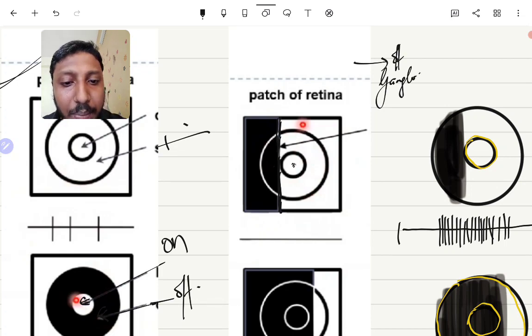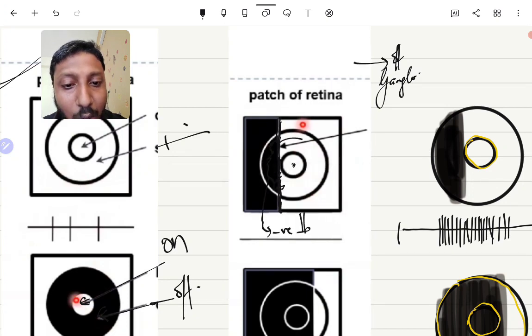The center is completely lit up, and the surrounding is partially black like this. So what happens? The surround will inhibit the center. The darkness will inhibit the center, and the center is not even stimulated because this is an off ganglion.